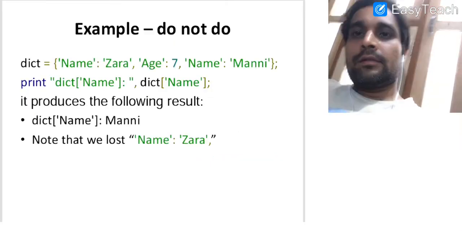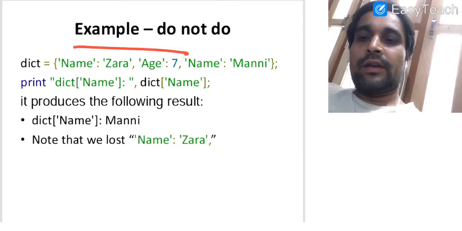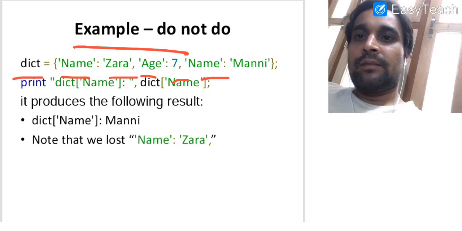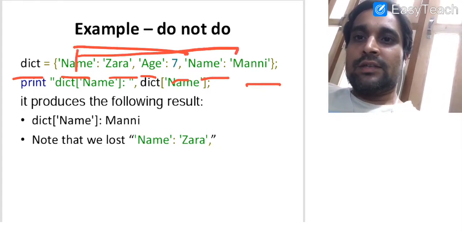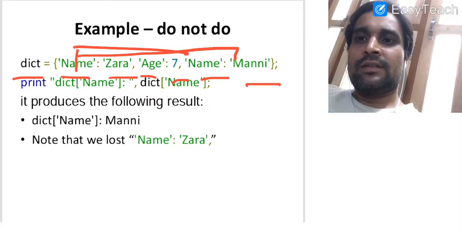Now before proceeding further, we have one more example for you. We are creating a dictionary. It has a key name, its value is Zara, age value is 7, name value is Manni. It means there are two keys available with the same name, or two same keys are available in this case.